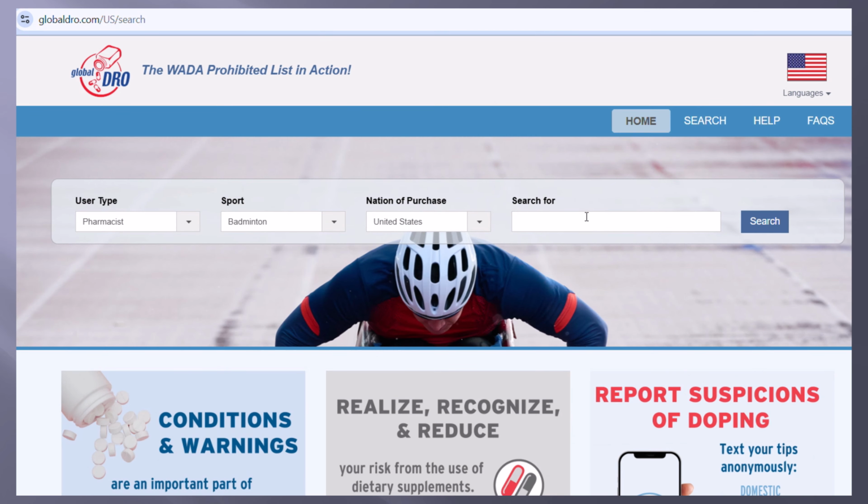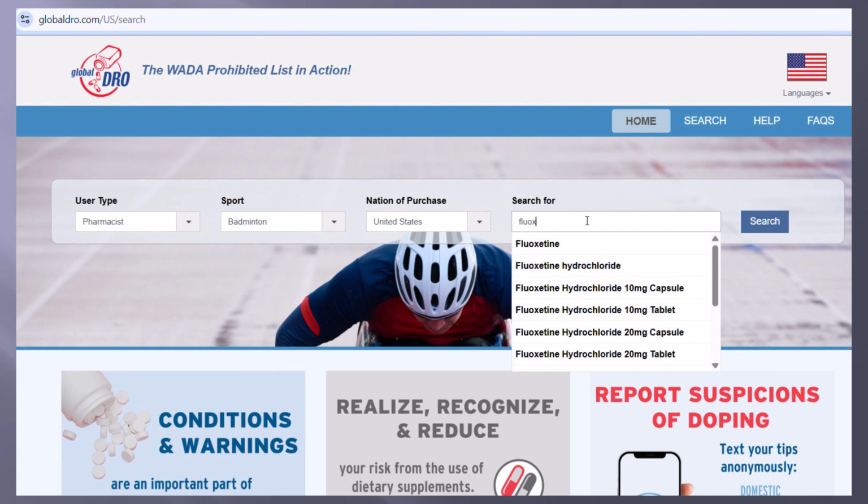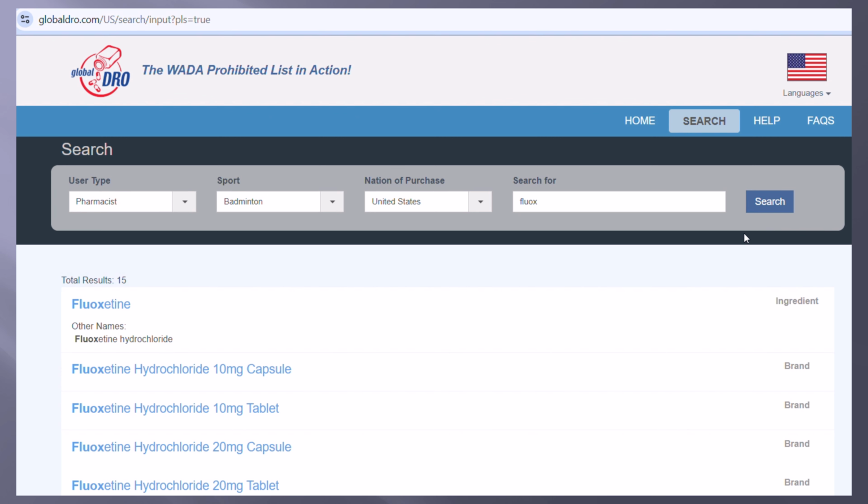Here is an example of a search result that shows a prescription that is not prohibited. So let's use the example of fluoxetine. You can see here it populates the ingredient itself or specific strengths of the different products that are available on the market. Or if you do the general search, it's going to give you those results on this page here. And you can see you can select the base ingredient or look for the specific brand. Now, brand just means country specific. It doesn't necessarily mean brand name, as you can see in this example.